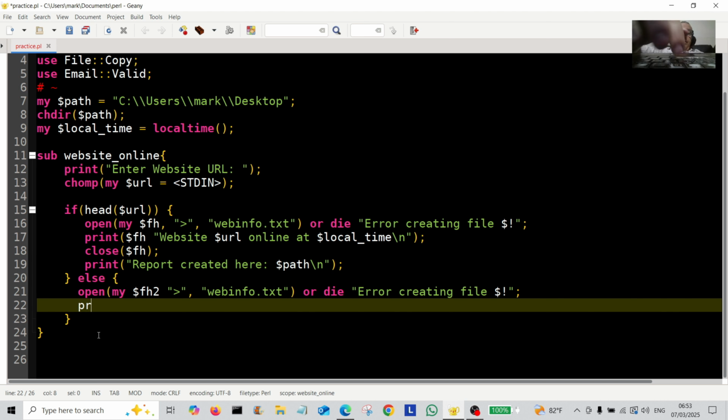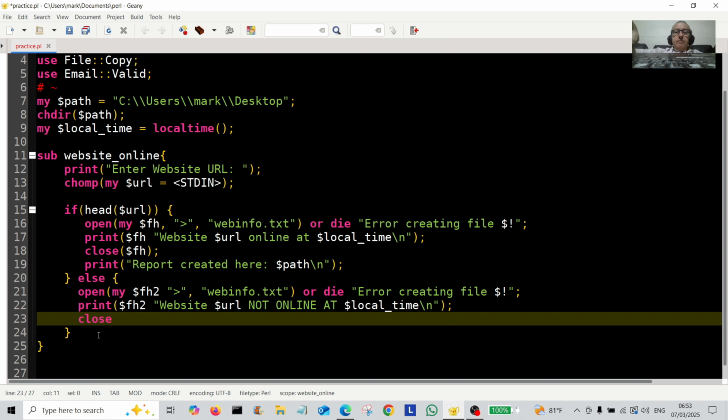and then we simply print FH2 and website scalar URL that we typed in, not online at, then we interpolate the local time into here, local time, a new line. Okay, and then we simply close that file, FH2,